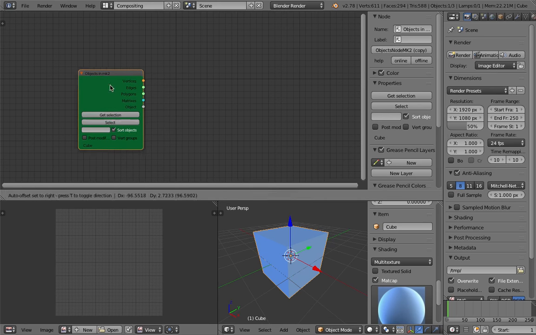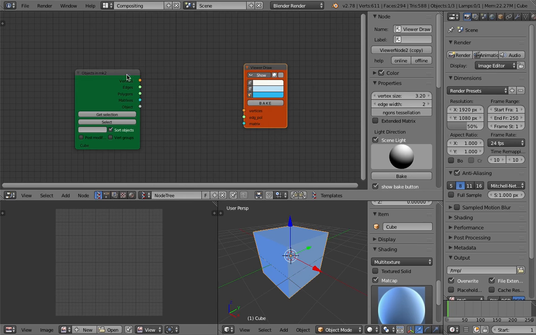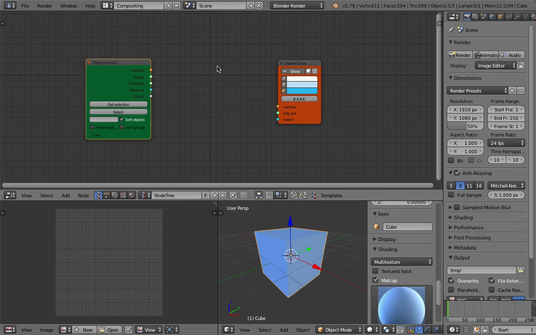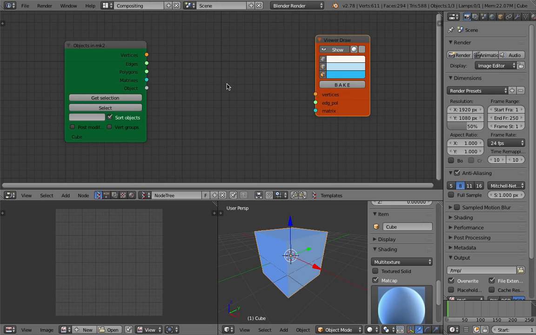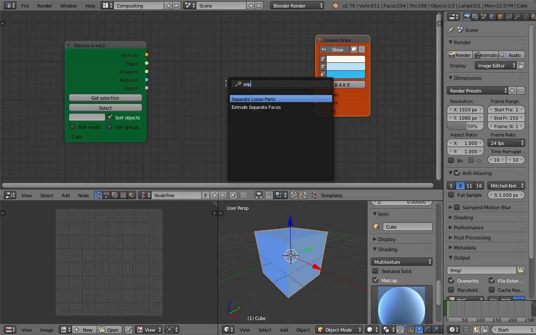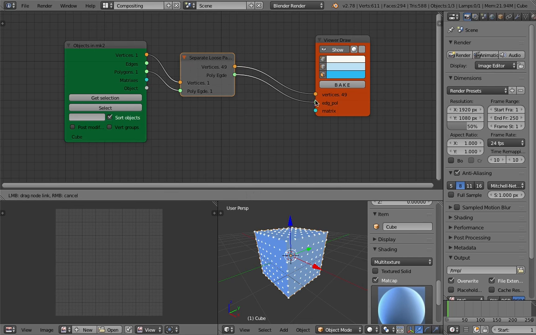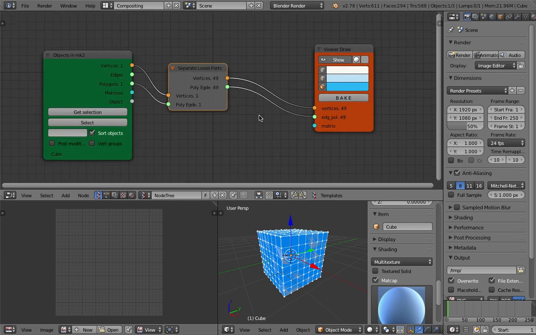It's our cube, and use a viewer draw. I want to test the broken parts in Sverchok. So I can use separate loose parts. Gonna separate all the broken parts, and apparently there are 49 pieces,